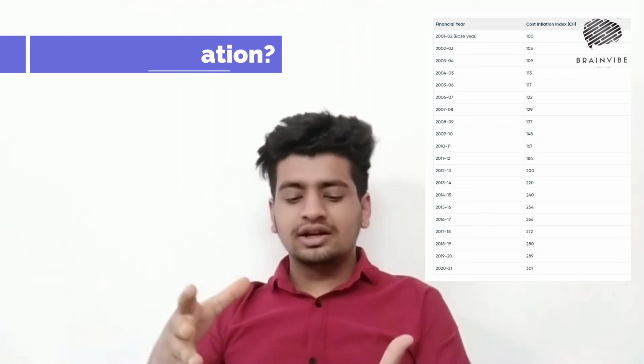So the first way is direct 10% on your investments. The second way is 20% with indexation. Now what is indexation? Indexation is a ratio fixed with inflation. Now the income tax department gives this data of indexation on their website. You can choose any of the 2 options.